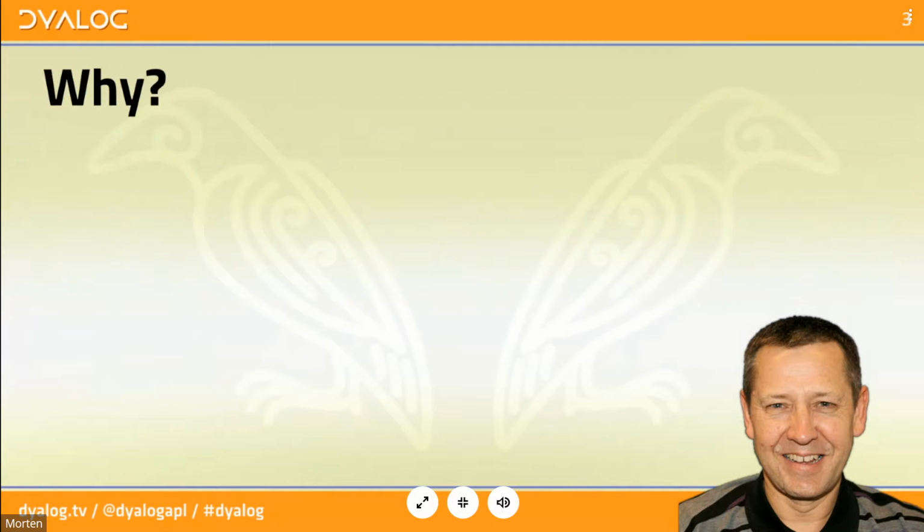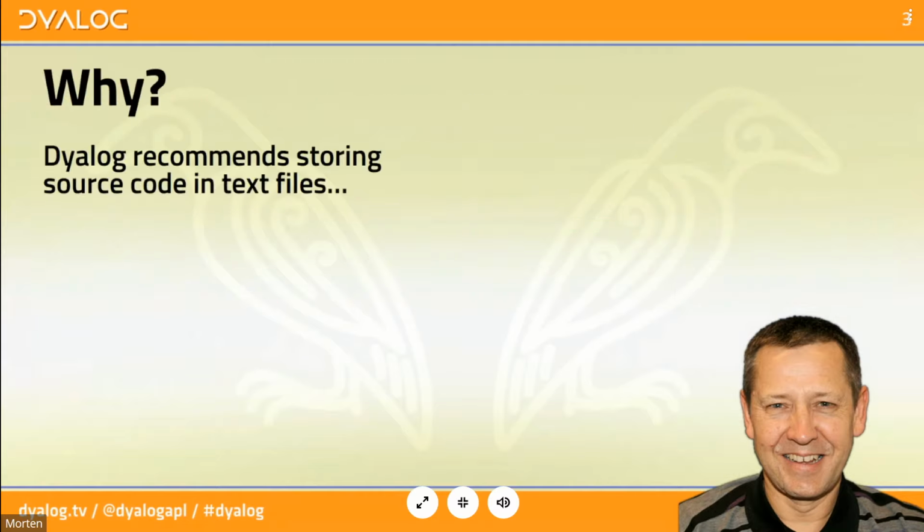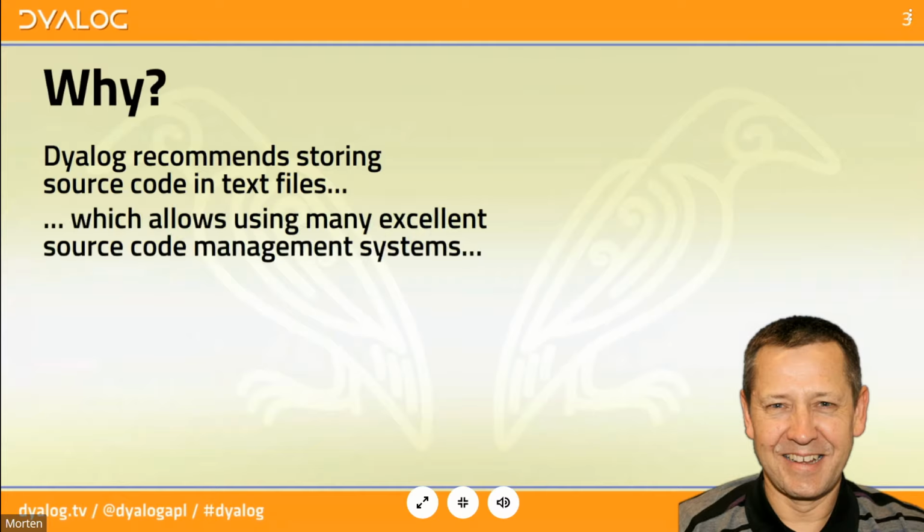Now, why would we want to do this? Well, Dyalog has been recommending for, I think, nearly a decade now that you move in this direction of storing your source code in text files rather than the monolithic binary workspace that has been traditional for APL through the ages. The reason for that, well, first of all, it allows you to use many really excellent source code management